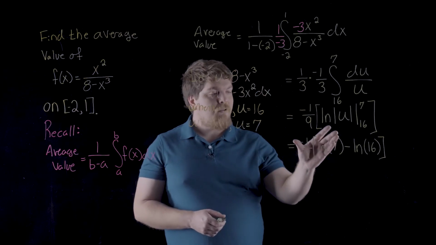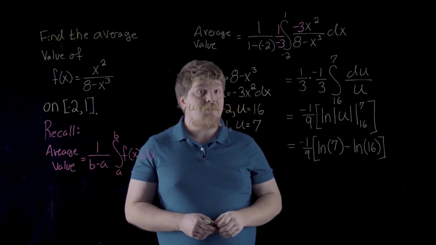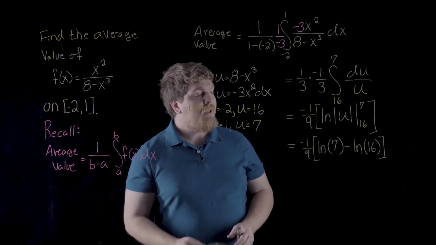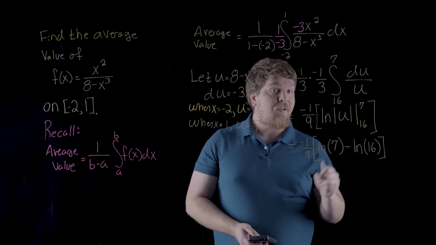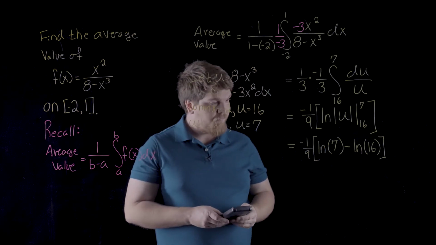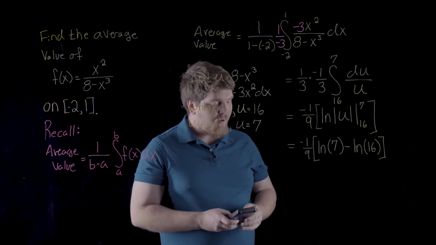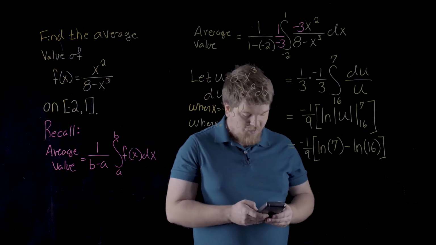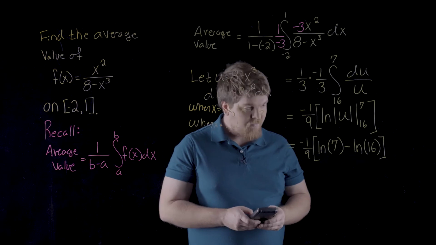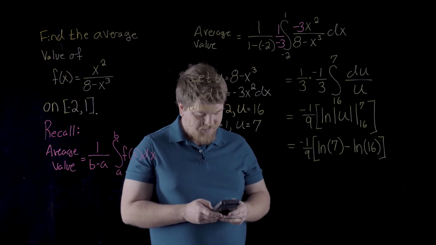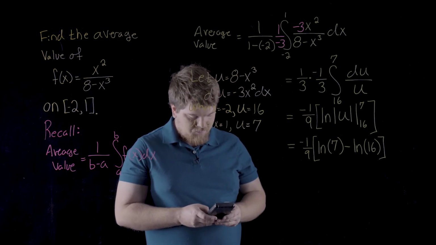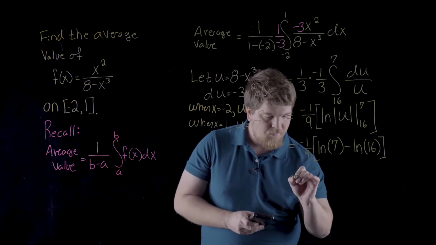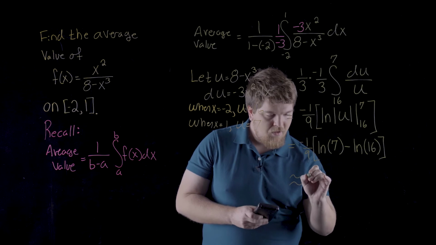So here we do have the average value of our function on the interval from -2 to 1. We can use a calculator to gain an approximate value for our average value though. So in a calculator, I will enter negative 1/9 times natural log of 7 minus natural log of 16. And that will give us an approximate value of